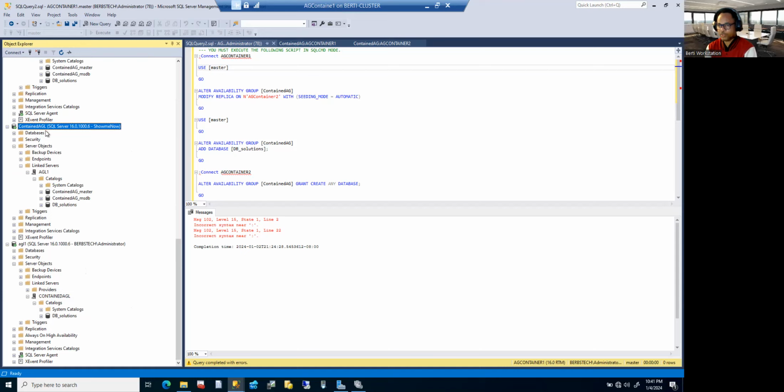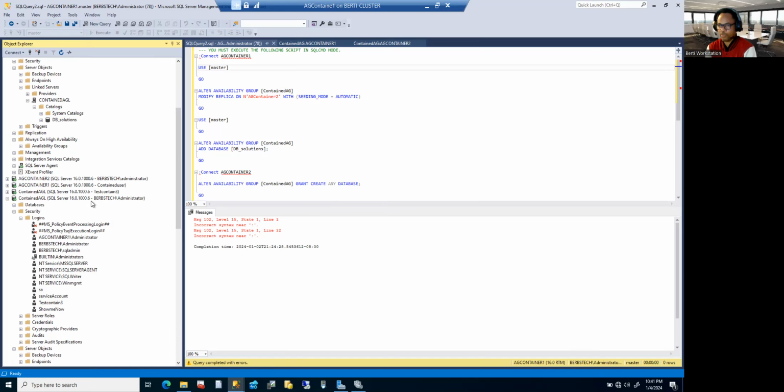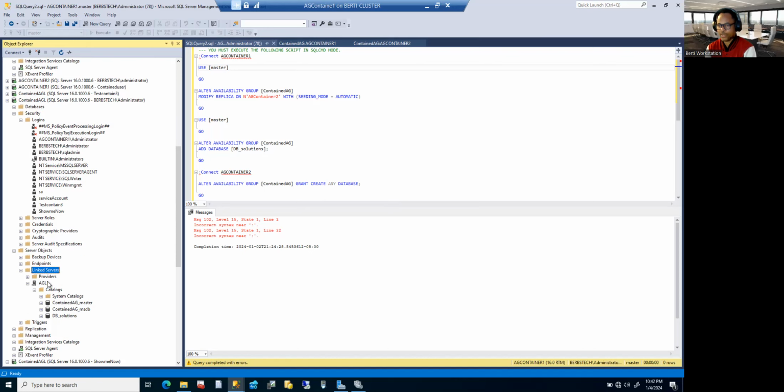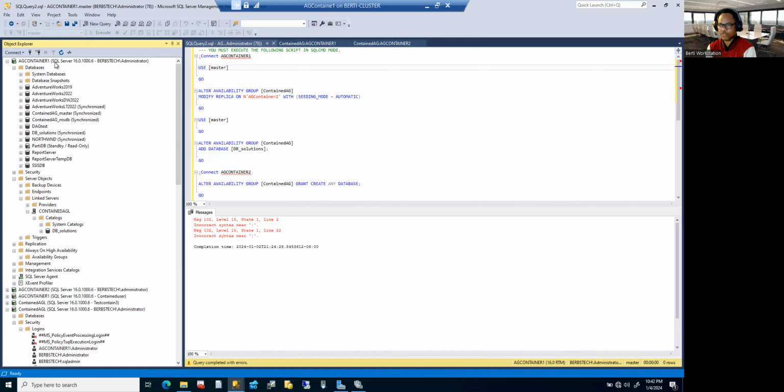This is a content availability group listener, but this connection is using an individual user. So I don't want to use this. I want to use the main sysadmin connection, which is this one. With this connection, I also created a linked server here. This linked server is using the name of the listener of the primary external server, which is the listener of